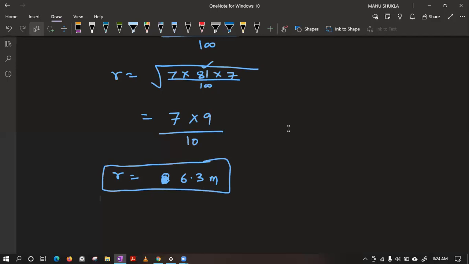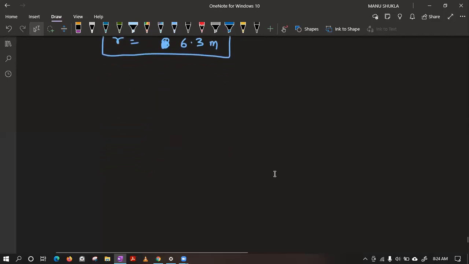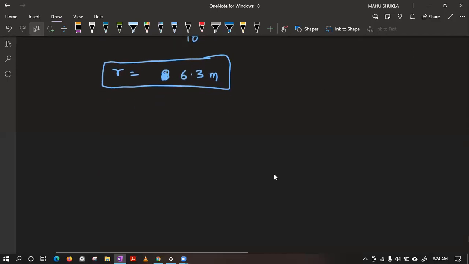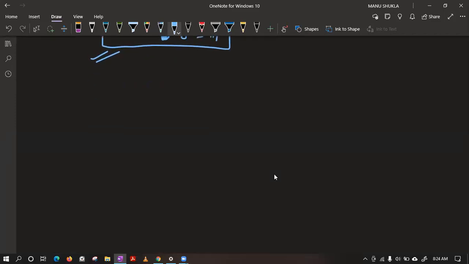Let's take question number 9. We just need to find the volume. We can just put the values of r and get the value of volume. Now let's take question number 9. It is saying 27 solid iron spheres, each of radius r and surface area S, are melted to form a sphere.